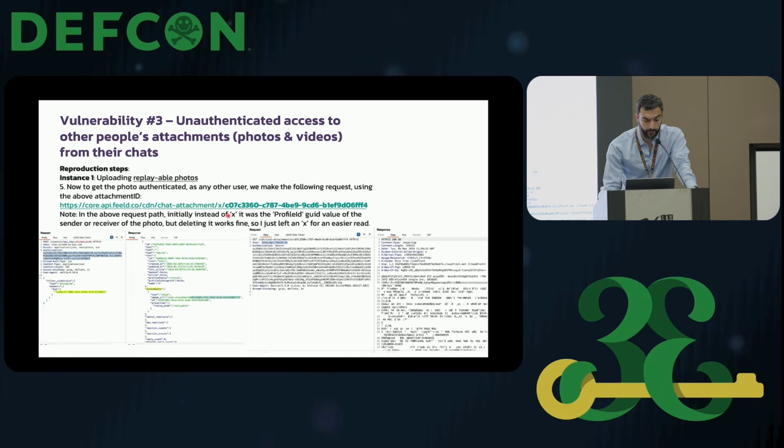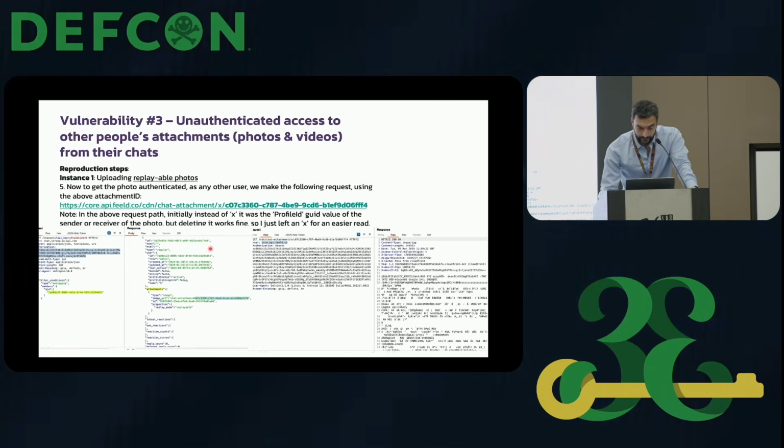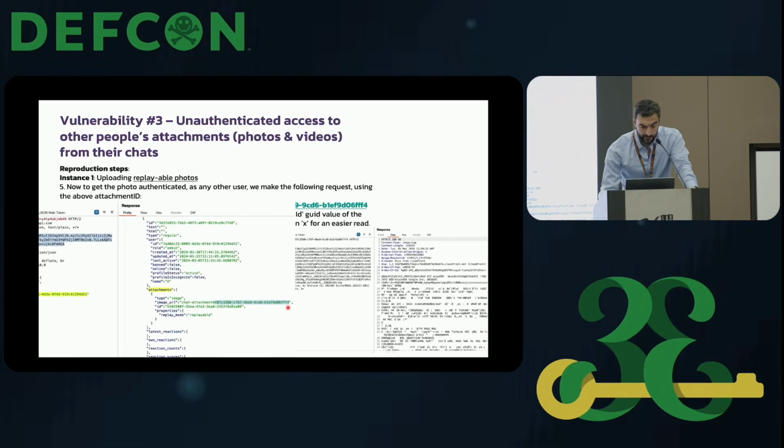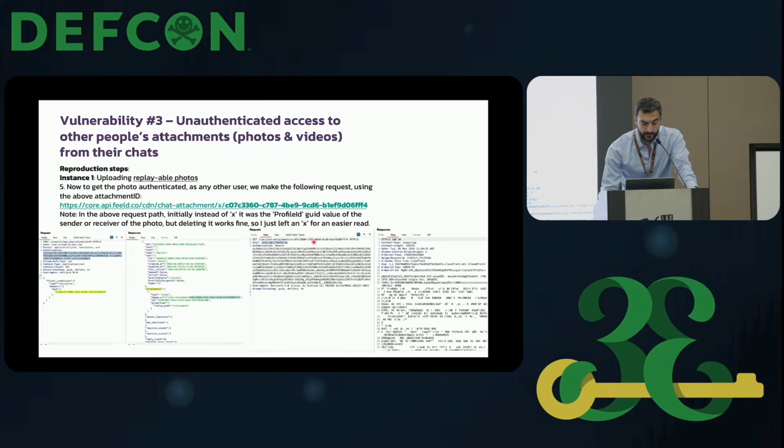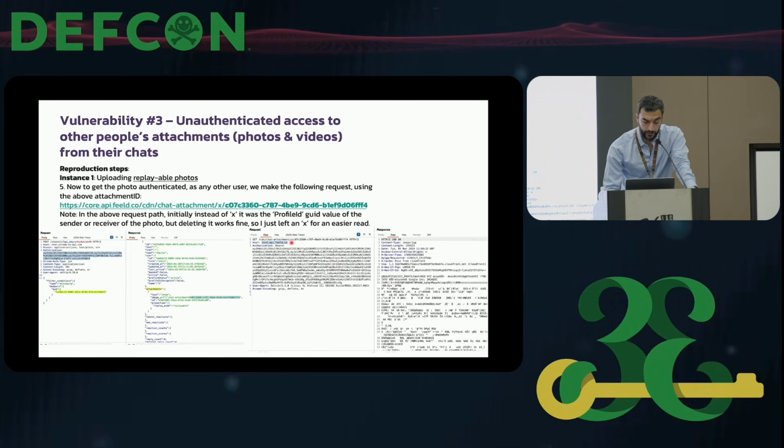So in order to leak this photo ending in FF4, we will have to build the URL, FF4, and as I said, they do not even check who sent it or who receives it. So an X could work. And then it will just return the photo without checking properly in the endpoint if it's the sender or the receiver. However, we will need to be authenticated.